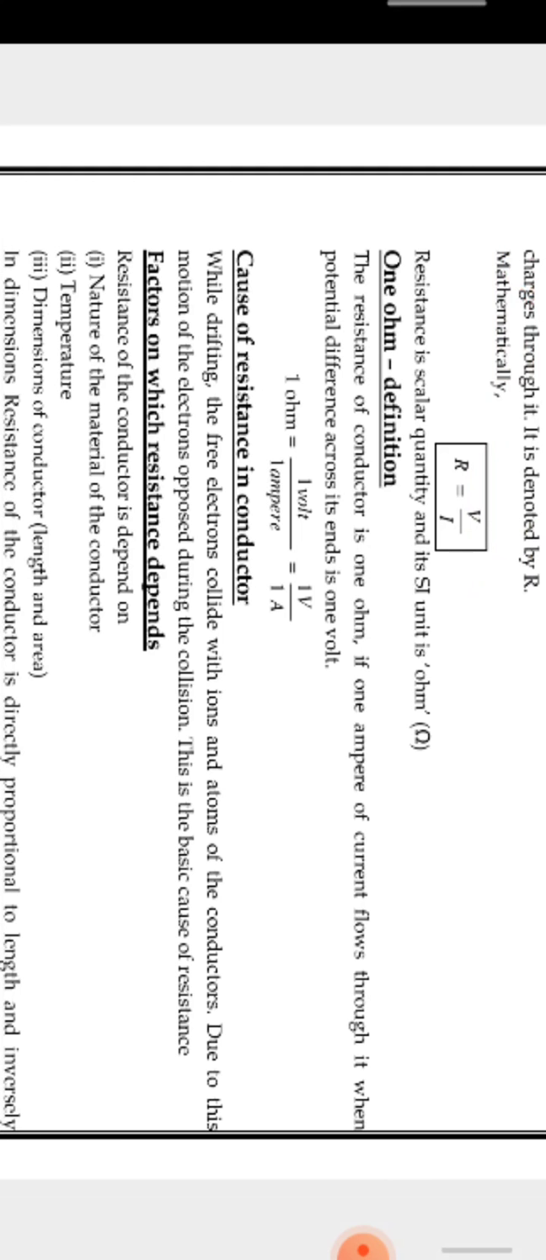Right. Thereafter, how to define 1 ohm? Resistance is said to be 1 ohm if 1 ampere current flows through it when the potential difference applied across its ends is 1 volt. That means 1 volt potential difference